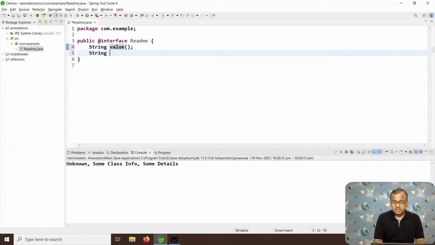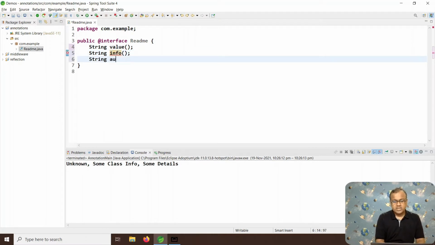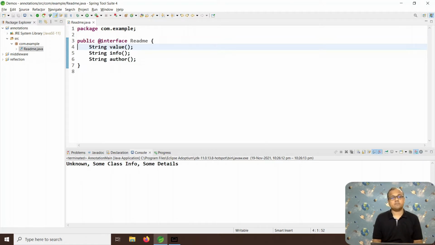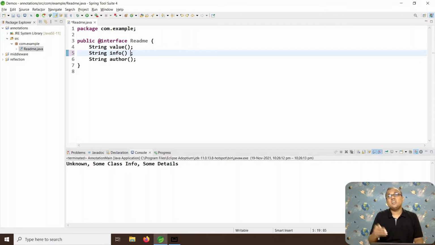We can declare another member, or we can declare one more member. By default, all these members are compulsory when the annotation is applied on a certain class or its members. However, we may choose to give a default value to one or more members using the default keyword.